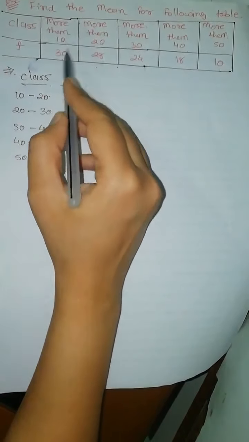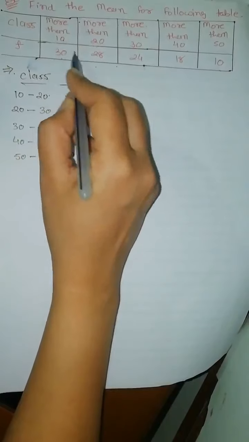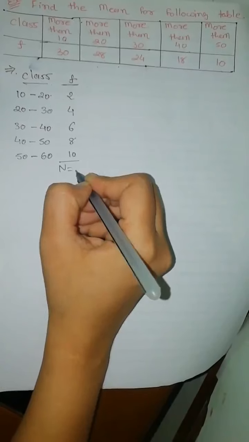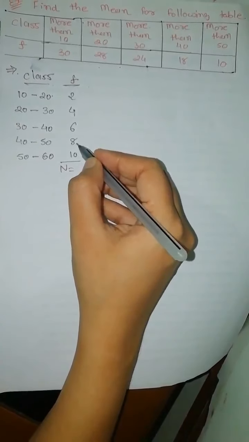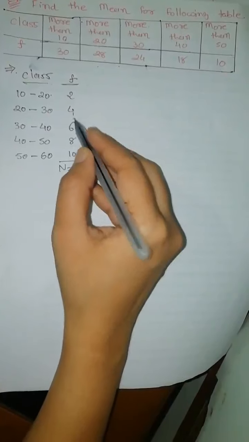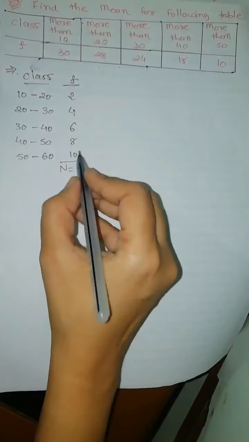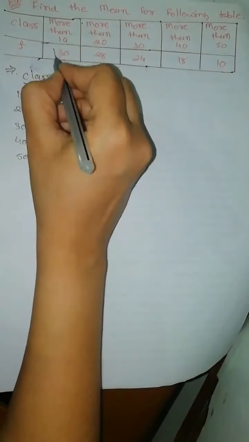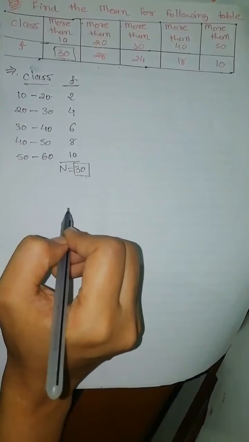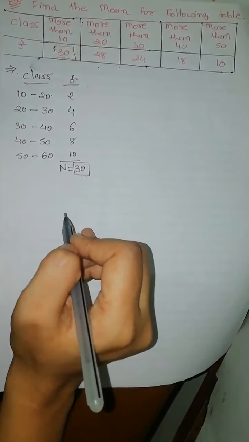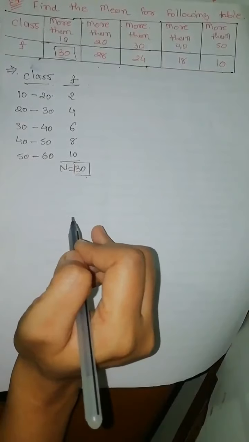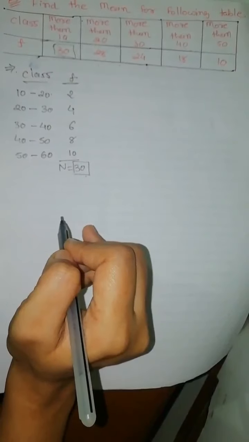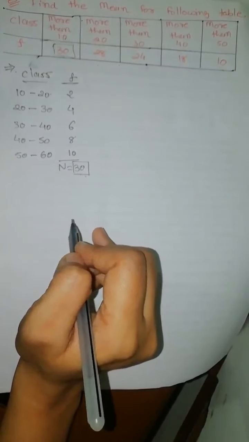Now the more than 10 value, the highest value, is 30, and if you find the total it should be the same, right? So 10 plus 8 is 18, 18 plus 6 is 24, 24 plus 4 is 28, plus 2 is 30, right? So it matches the highest value of the frequency, 30. It is the same reverse procedure we normally follow to find the median in the case of cumulative frequency. The last cumulative frequency and the total of the frequency should match.